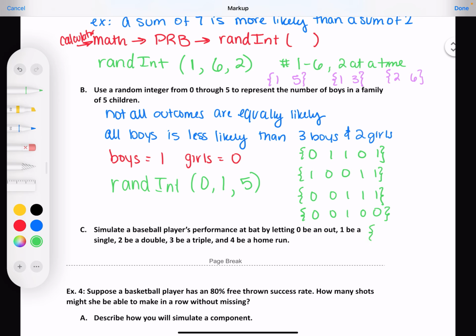Yeah, it'll just keep running it for you. I got the same answer twice. Well, they're in different places, but I got the same. So then we care about the number of boys. Beside each one, write how many boys you had.